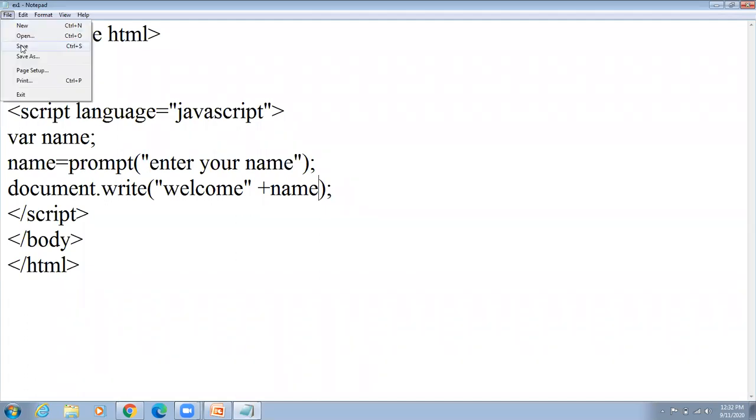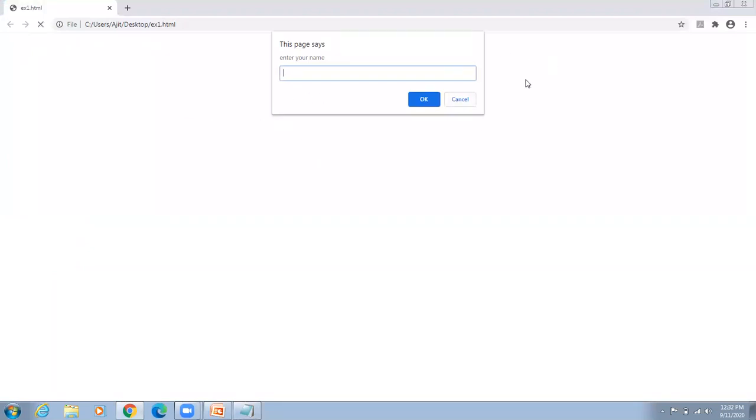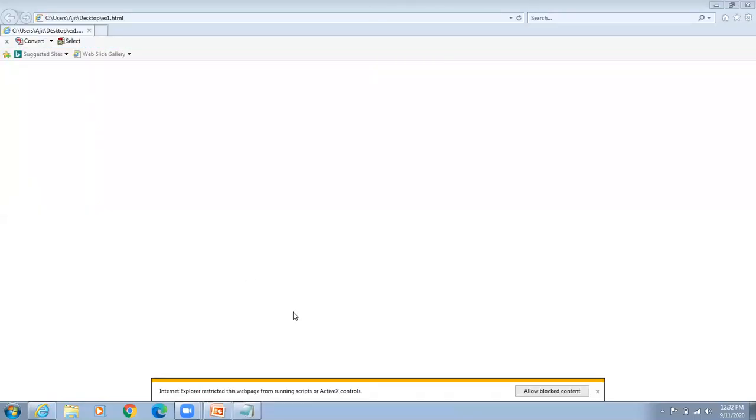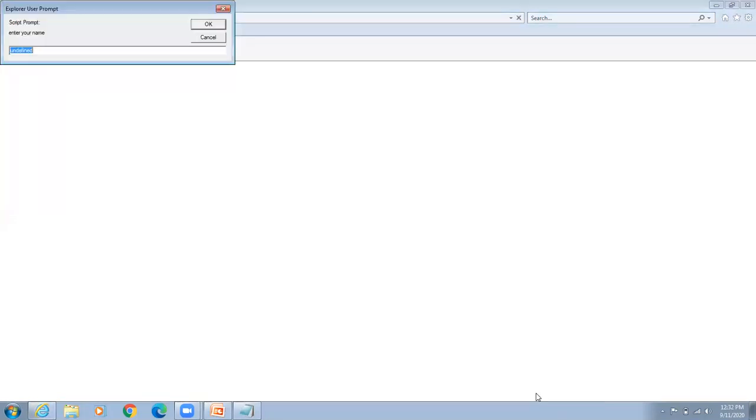File, save. See here, after running the program, I will show you how to run the program once. Double click on the file, allow blocked content.